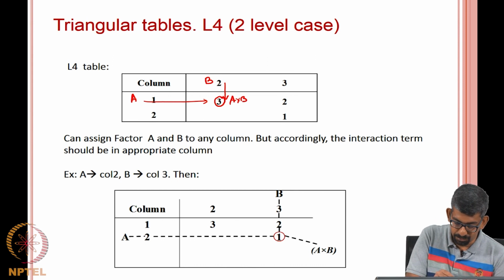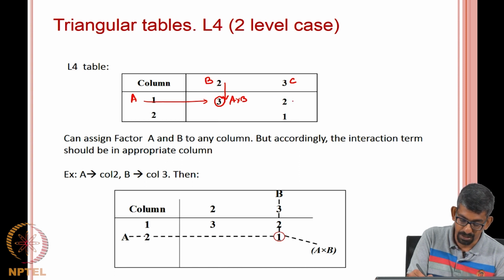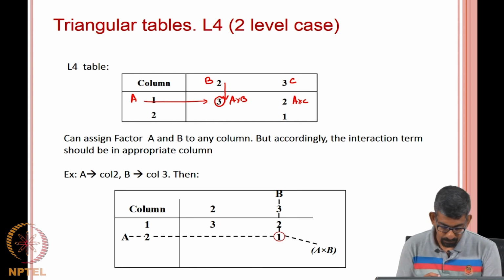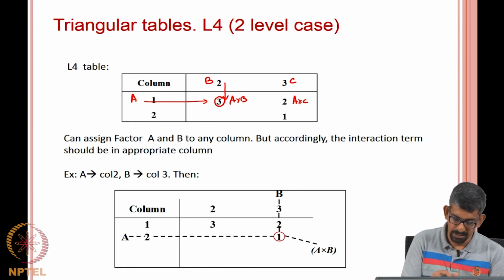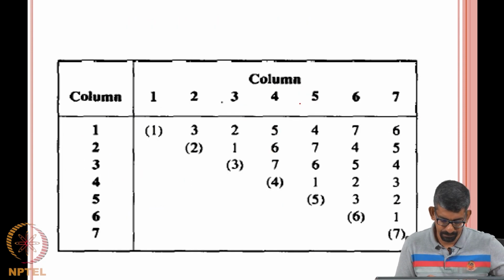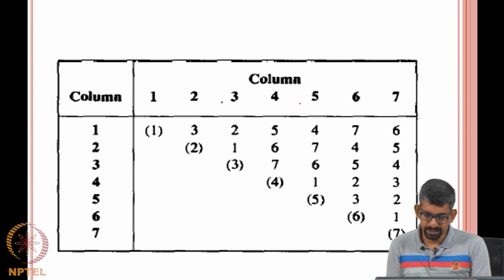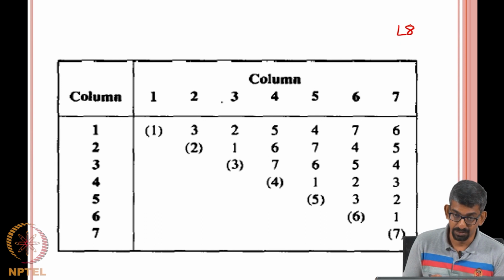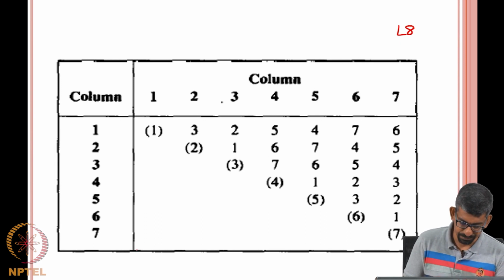So, for instance, if you took A in column 1 and you took C, it cannot be in the same problem, it is a different problem. Okay. C in column 3, then your column 2 should be A cross C. Okay. So, yeah, so this is the same thing that is explained in this part. Now, this is for an L8 condition. So, this might sound a little confusing to begin with, but we will start.